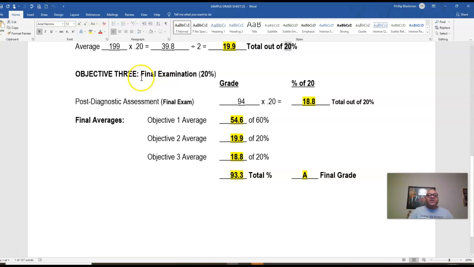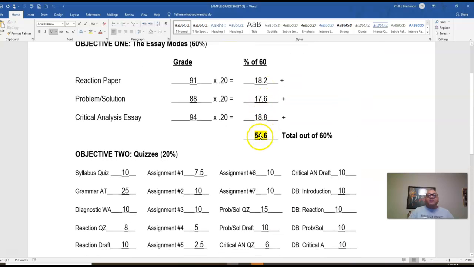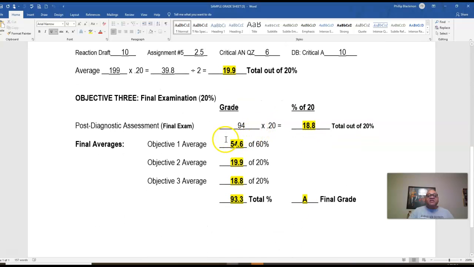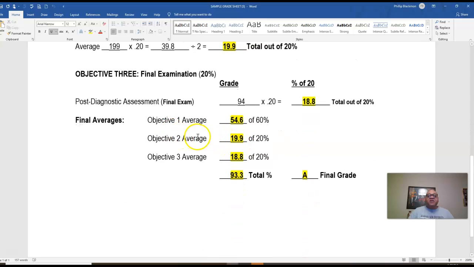Objective 3 is the final examination. Put your score here. I put a 94 times 0.20. That gives me 18.8 out of 20%. So you're going to take all of your averages, this 54.6, and place it here for objective 1 average. You're going to take this 19.9% and put it here for objective 2 average. You're going to take this 18.8% and put it here for your objective 3 average. Then you're just going to do straight addition. 54.6 plus 19.9 plus 18.8 gives me